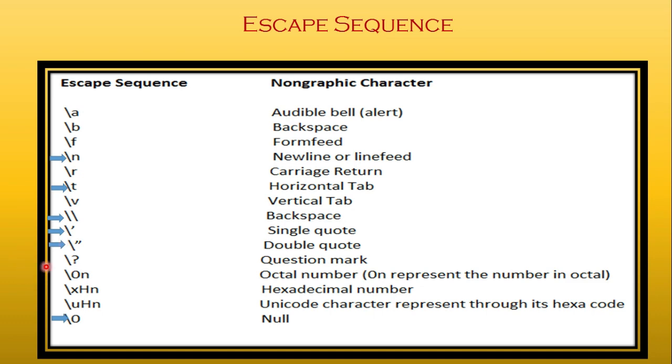For example, question mark is an operator. Double quotes are used for declaring a string type of data. Single quote is used for declaring a character constant. So these all have particular meanings in the language. But I have to use this symbol as only a symbol: question mark as question mark only, single quote as single quote only, double quote as double quote only. So what is the solution then?